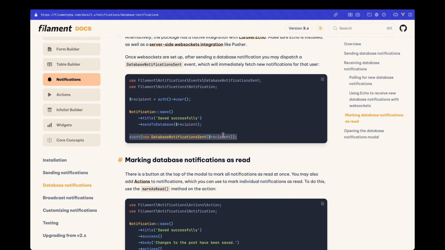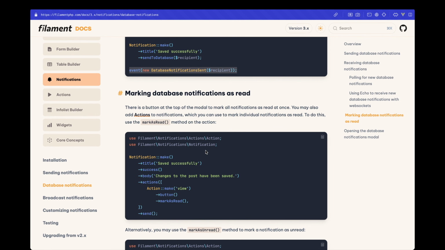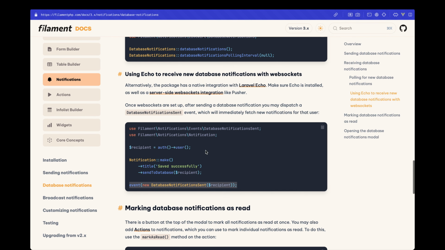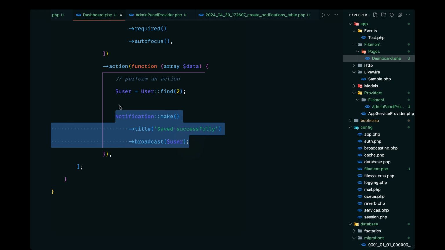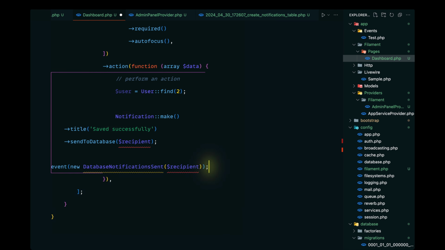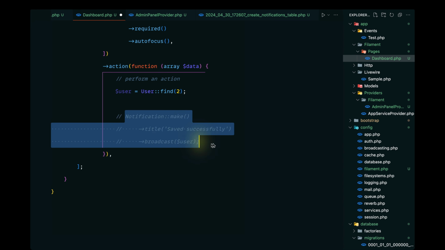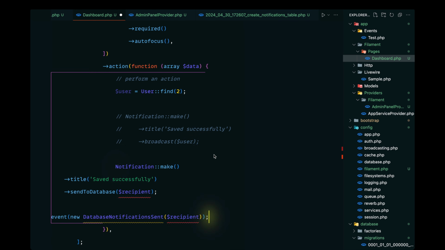So yeah, everything is almost the same with a few changes, and everything should work as expected. So let's just go ahead and implement this. I'll copy this whole block of code and paste it over on our dashboard. Once we get that user, I'll remove this block of code, or maybe I'll just comment it out for now, and I'll paste that